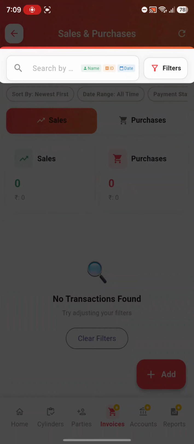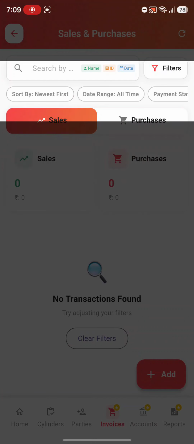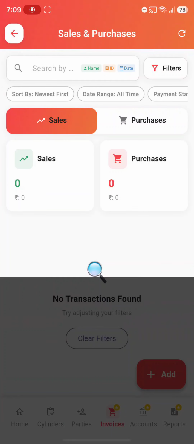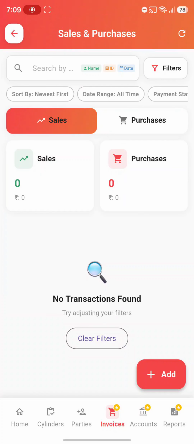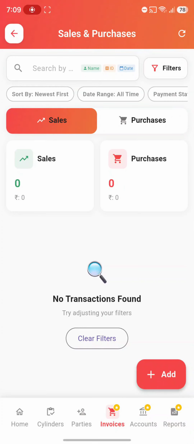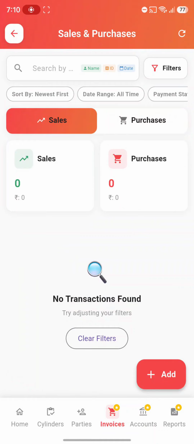To get familiar with the Invoices screen, take a quick look at this guided tour that pops up. Hit Next to continue. This one shows you how to narrow down your list using filters. Move on to the next tip. Here you'll see that both your sales and purchase records live in one place. Keep going. This tip explains how you can view period totals at a glance. Tap Next once more, and now you're at the step for recording a new delivery, which is exactly what we